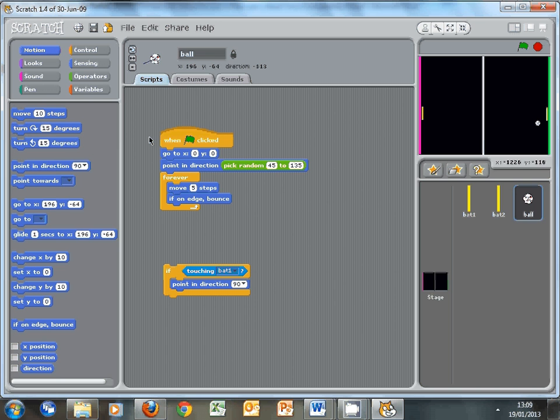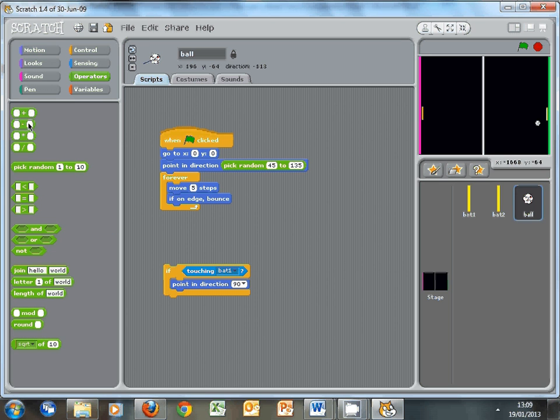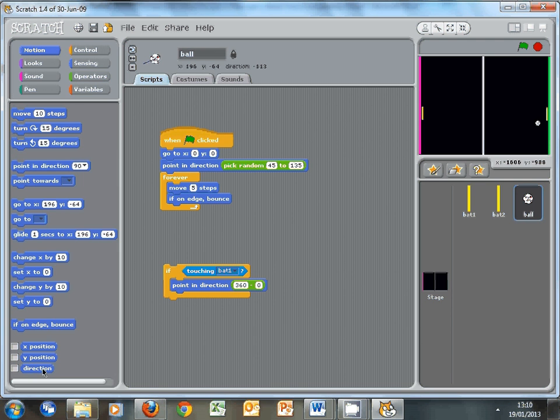Okay, so what we're going to do is put in a little operator which will take away 360 minus the direction it was already travelling in. So what I need to do here, keep that box up and go back to motion and minus the direction